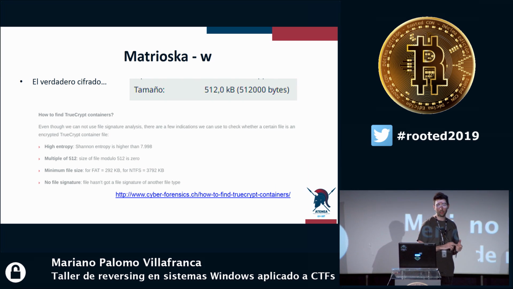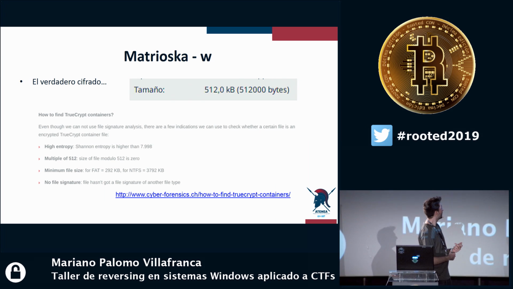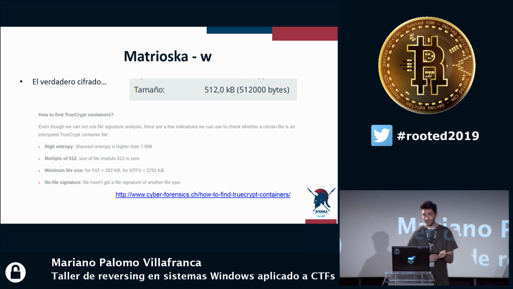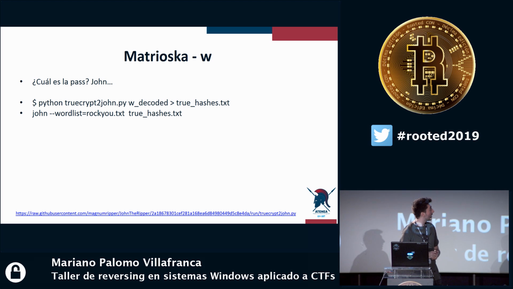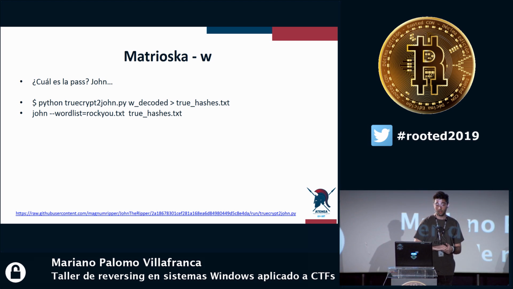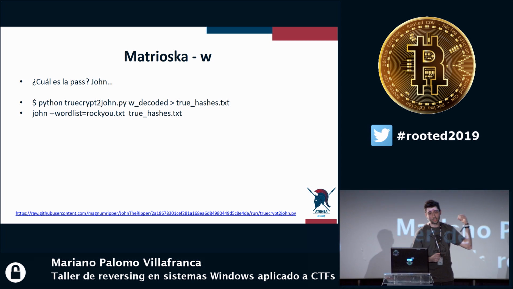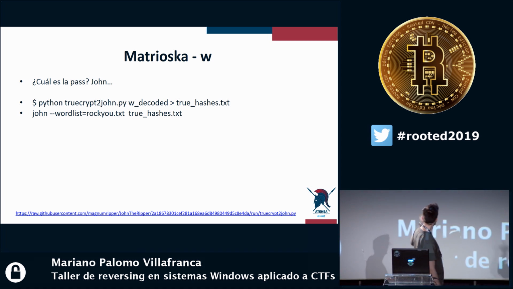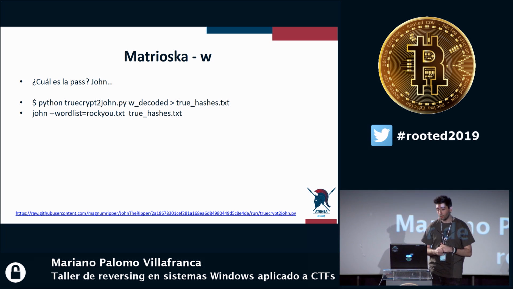But to retrieve this and see the content, we will need a password. The first thing we do is give a try with whatever we have from before. Then you see that it is not helping us, and you look to do it in a tough mode, to see if I am lucky enough. We use tools like John, but we have to have the hashes from the container. So there is a script, and the references are here. It is reading the container from TrueCrypt, and you'll get hashes in a format that is understood